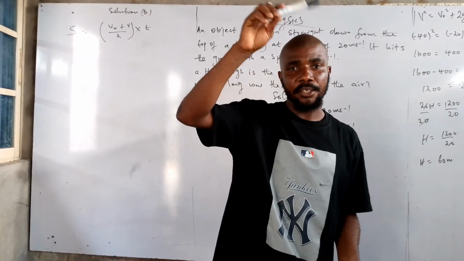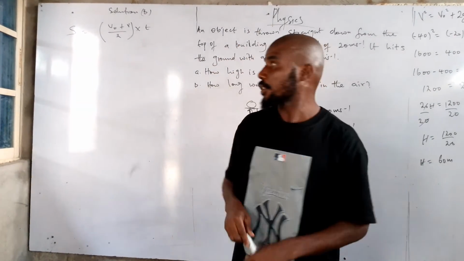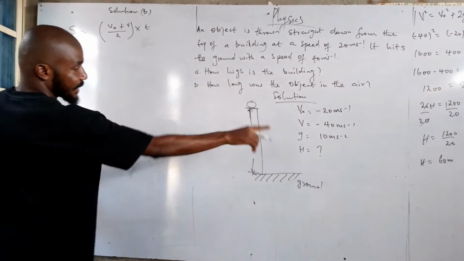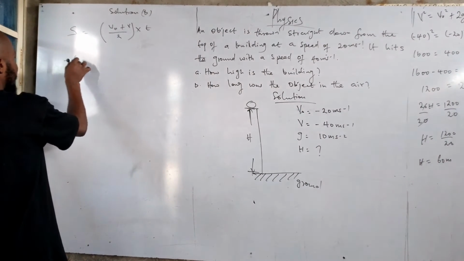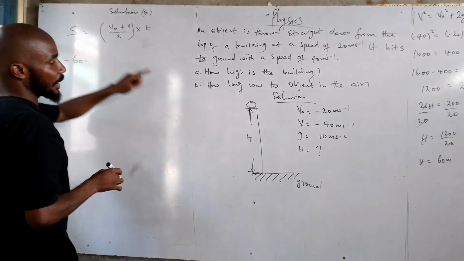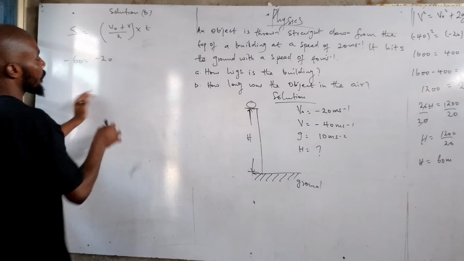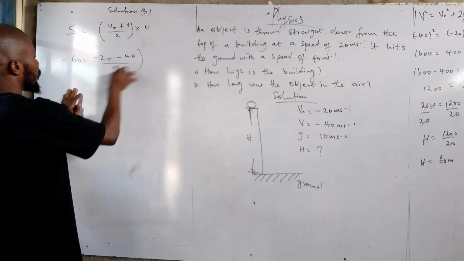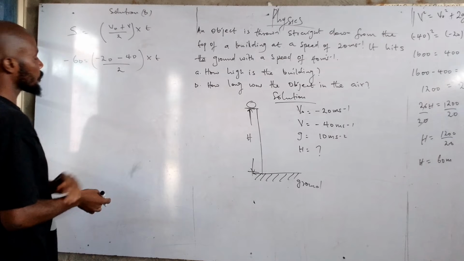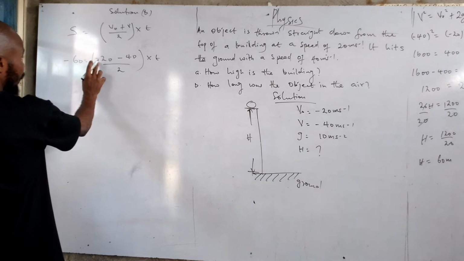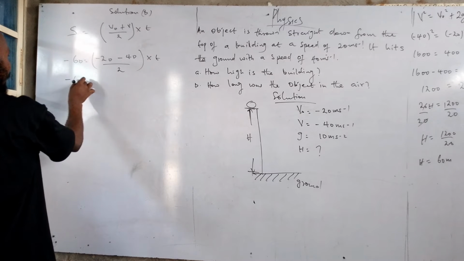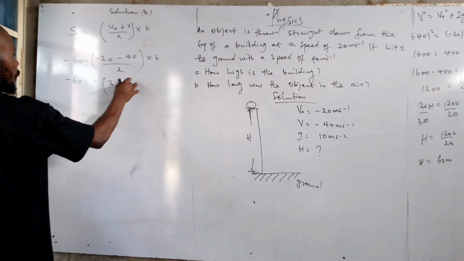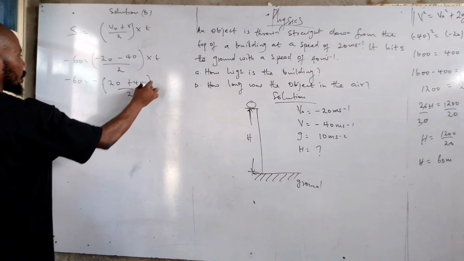If you are going upwards, you have a positive displacement. So the displacement here will be downwards. So we now have that. This X here that stands for displacement will be now minus 60, equal to initial speed, which is minus 20, final speed is minus 40, divided by 2, times T. So if this is true, we can factor out the minus outside here. So it's as simple as having minus, bracket opens, 20 plus 40, divided by 2, times